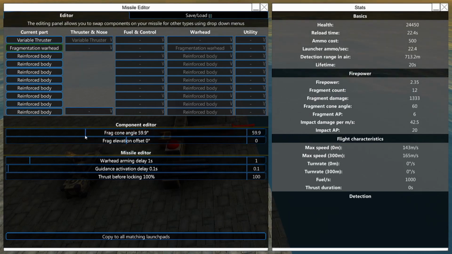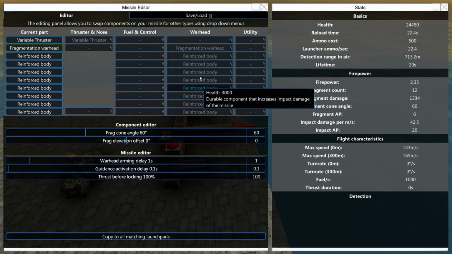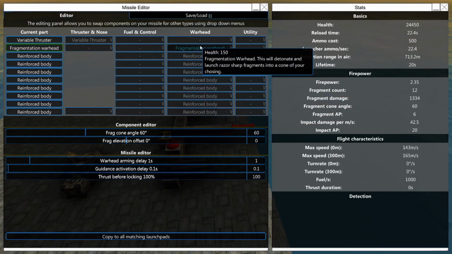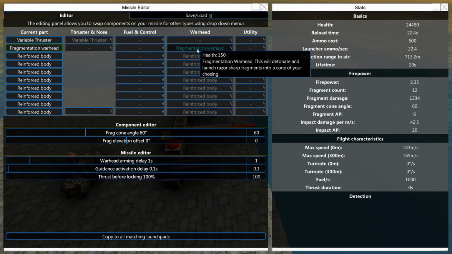Moving on, the frag cone angle, you probably want to keep this around 60 or below, just because while the fragment damage is lower, it's going to actually hit the vehicle with most of the fragments. Another thing I like to do, the further back on a vehicle the frag warhead is, I like to tighten